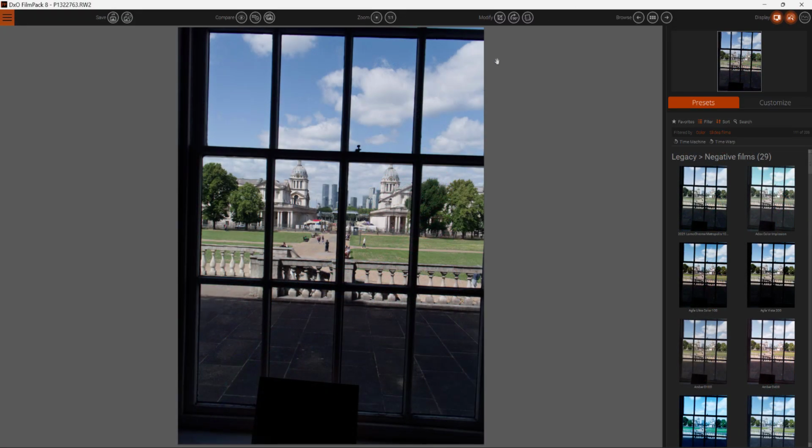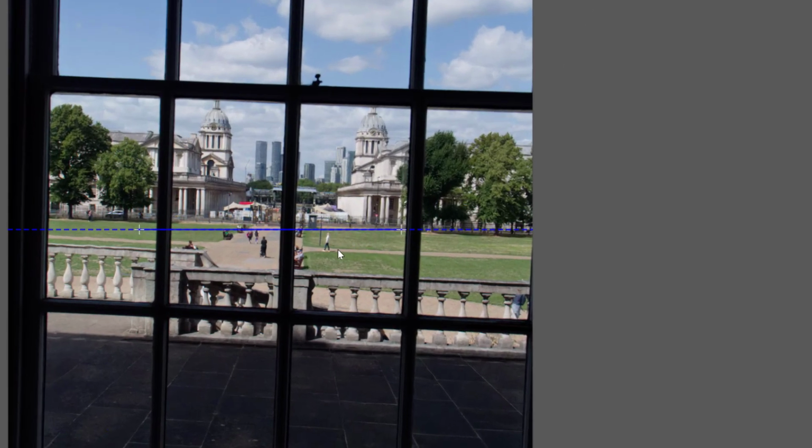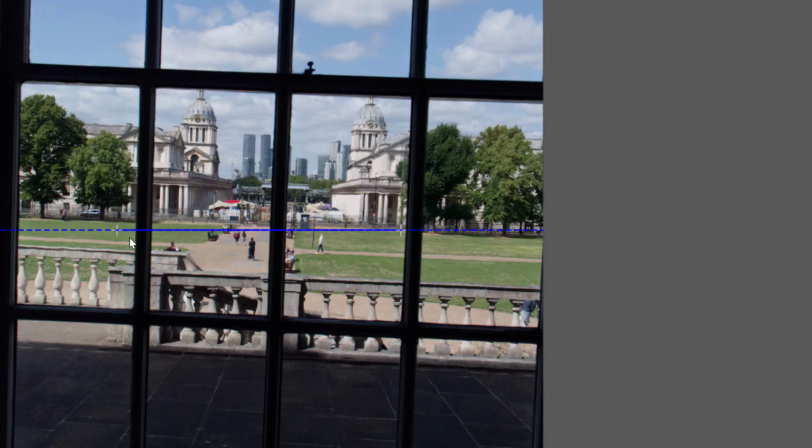The next button is an interesting one. It's the horizon button. So let's click on there, and we have a blue guideline here where we can set a horizon. Normally what I would do is take this one point here, place it on the left hand side of the window, and take the other point here and place it on the right hand side, ensuring that the line